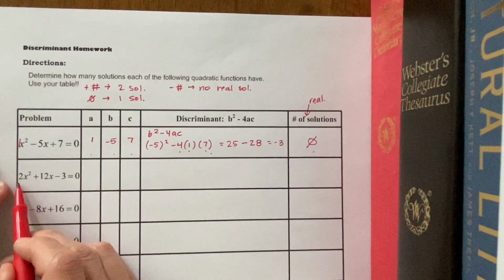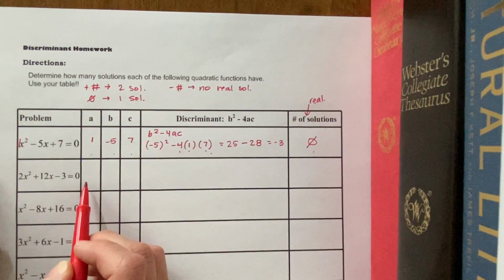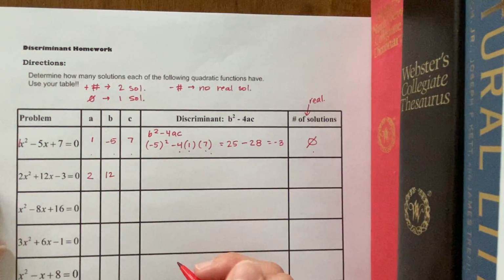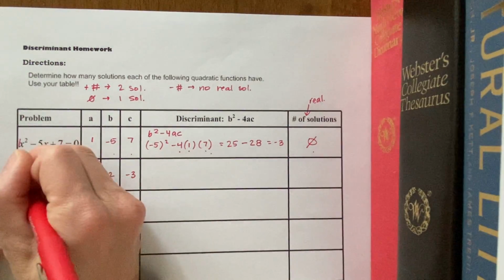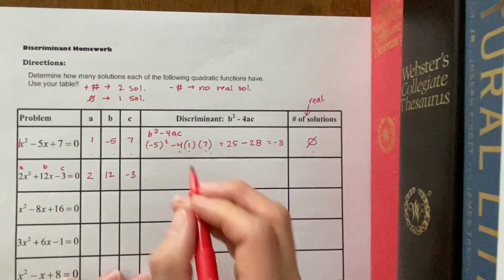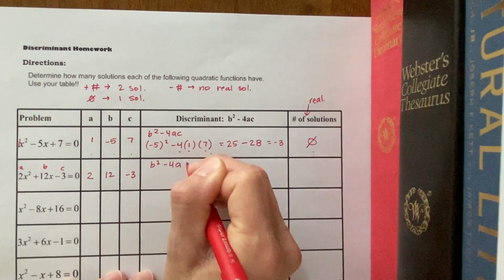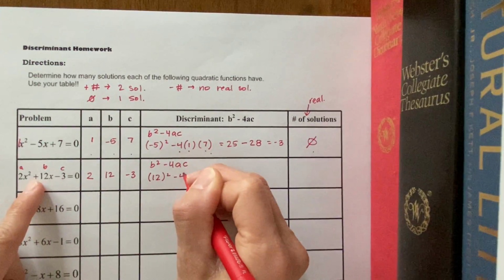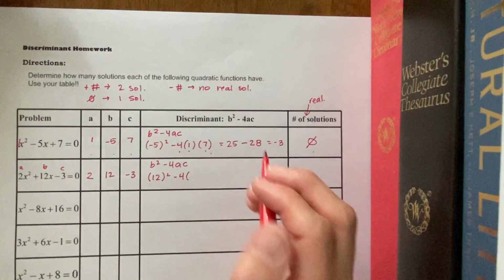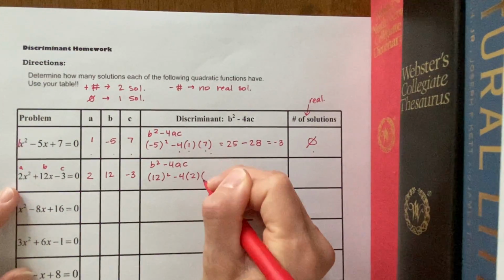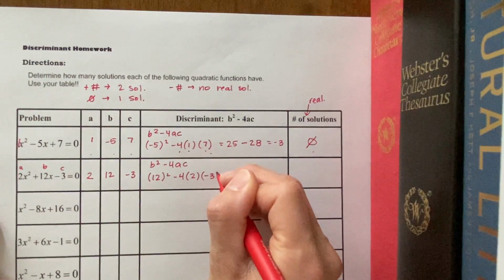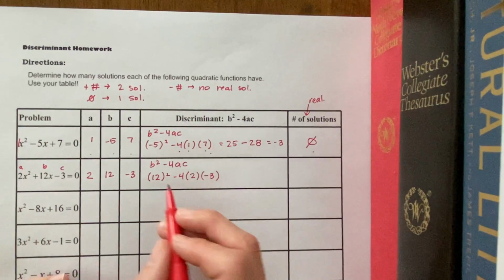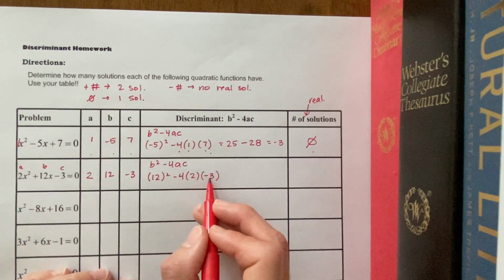All right. 2x squared plus 12x minus 3 equals 0. A is 2, B is 12, C is -3. Remember, that's A, B, C right there. So B squared minus 4AC. In for B goes 12 minus 4 times A, which is 2, times C, which is -3. So you've got to be careful here that you're putting that C is negative. So make sure you put that in parentheses too, because that'll make this whole second part positive, because you have